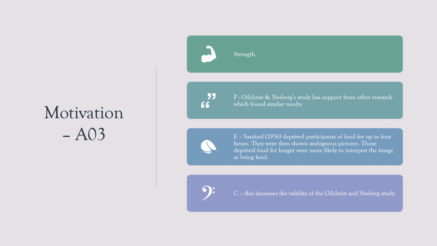And again, that backs up what Gilchrist and Nesberg were saying, that their motivation, here for food, changes the way we perceive the world, changes an ambiguous stimulus that could be seen as anything, and they saw it as food because they were hungry. So this increases the validity of the Gilchrist and Nesberg study. It backs up what they were saying, and that's a real strength here. However, not all completely rosy,